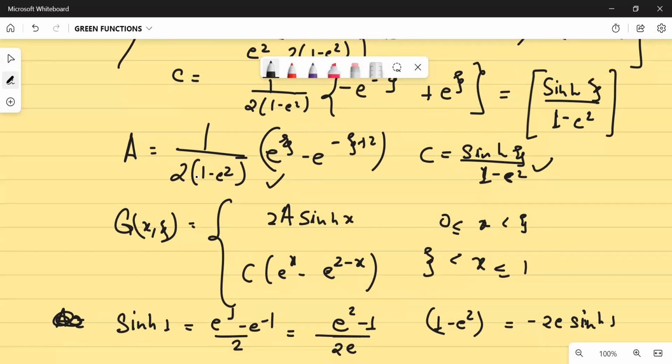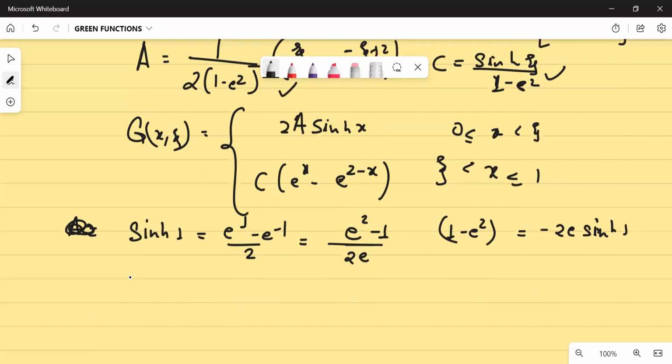So if you write 1 upon this in the format of this, what would I get? A can be further simplified as 1 upon, instead of this, I can write minus 4e sine hyperbolic 1. Is that clear? Yes. Your A can be written this way. And if I want to write your 2a sine hyperbolic x, then I can write it as, I think,